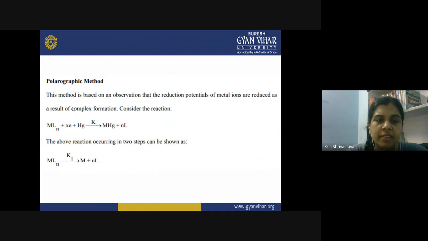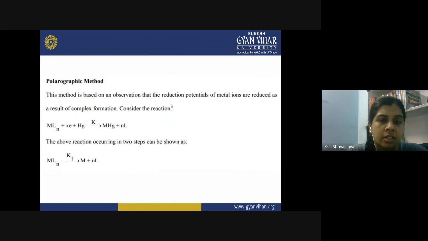So basically here we are performing the electrolysis of the metal complex. And we know what the polarographic method is. Let us discuss a few things about polarography. We are using a dropping mercury electrode, and a reference electrode is also there, with respect to which we measure the potential difference on the dropping mercury electrode. So we change the potential and then we measure the current.